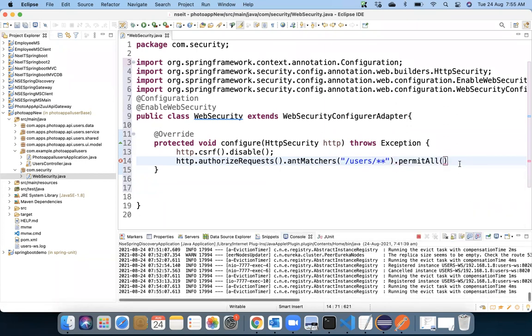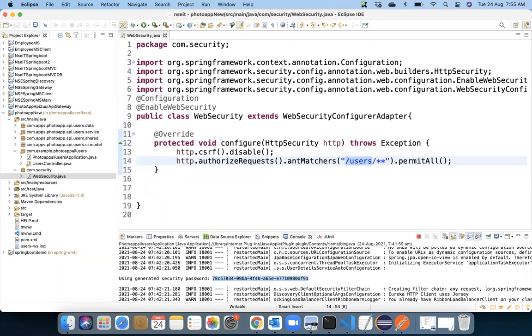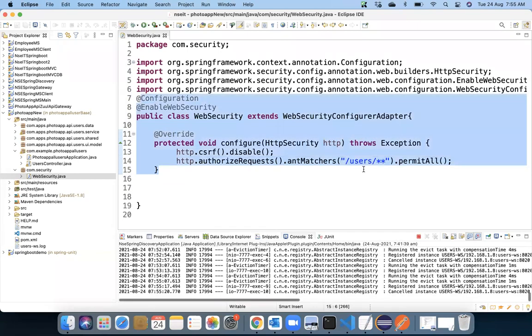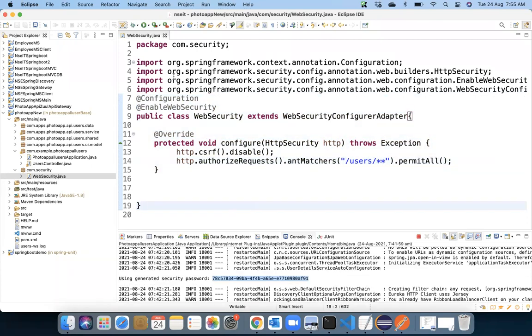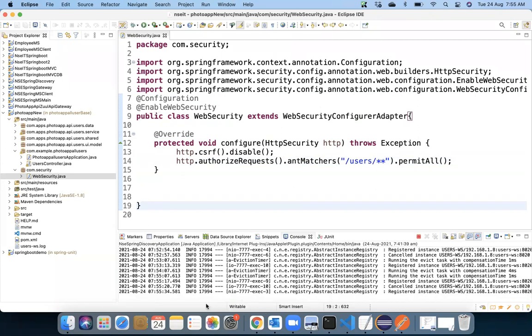That means allow all the URLs and don't ask for any user ID and password. Clear? Which URLs start with users. That's it. So write this class, attach this annotation, and confirm, and check that you are able to add database records from the API gateway, and also insert or retrieve status check. Check and let me know if it is working fine for all.